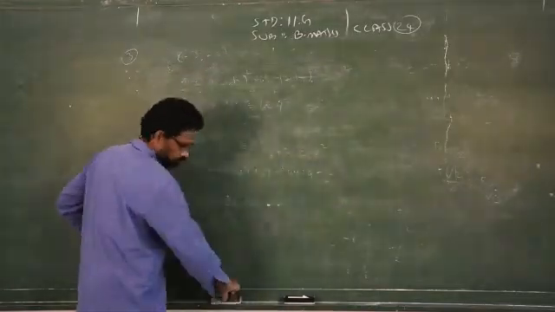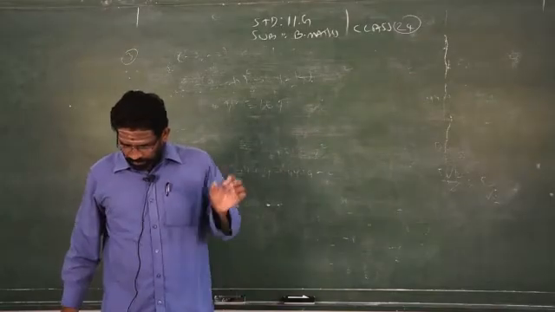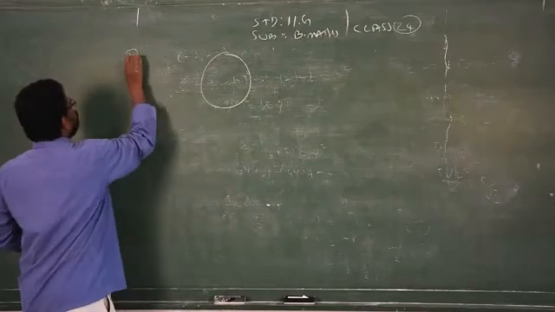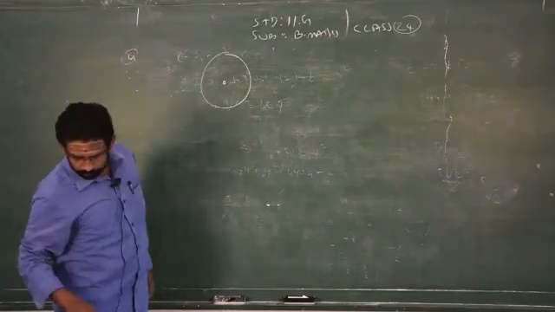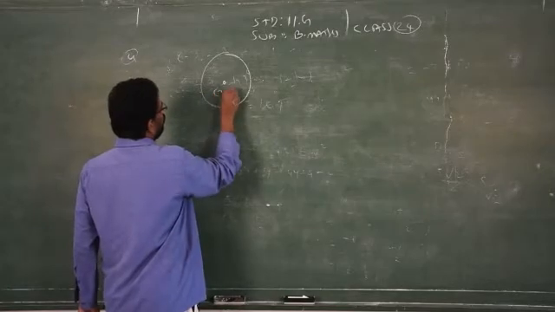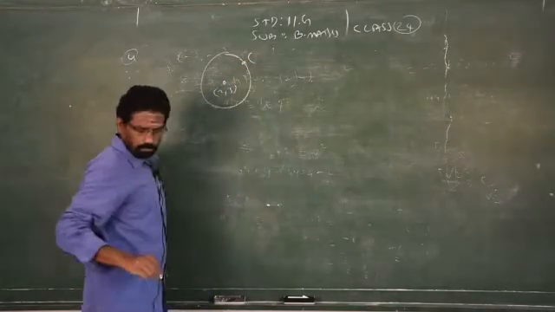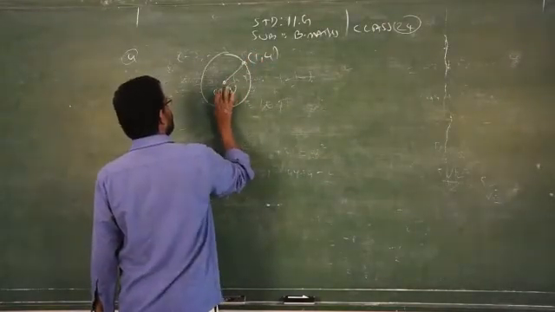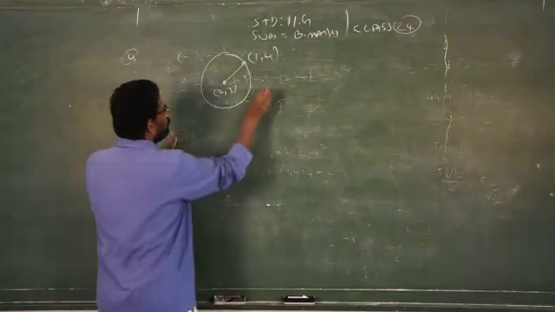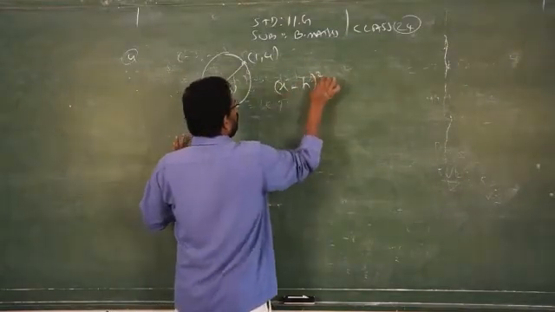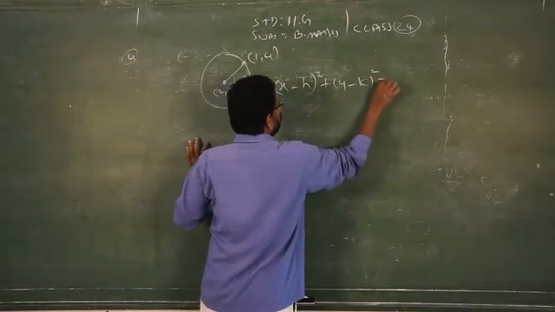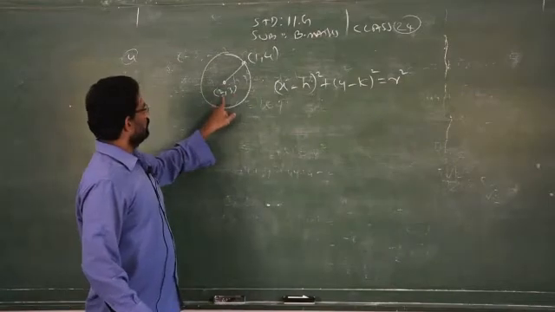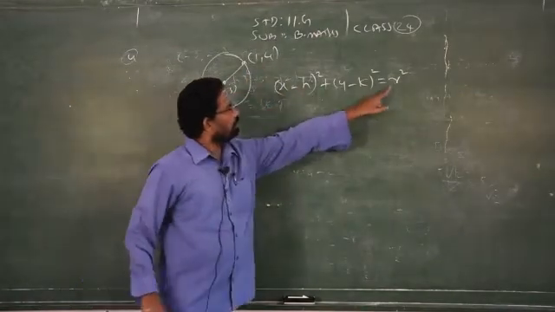So now the sum number 4. Sum number 4, it is given circle, I just explained, you have to do as follows. Center is given 2 comma 3 and this is passing through the point 1 comma 4. So wherever you see when the center is given, immediately you have to write this formula. When center is given, you have to use this formula. Here h k, this is center, and I have to find out radius.